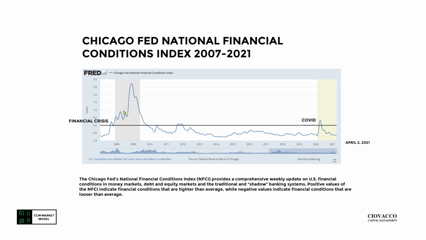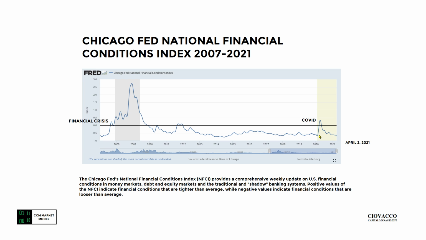This is what tightening credit conditions look like. This is increasing fear between counterparties. You're afraid somebody might not pay you back, or you're afraid that your bond might default. This is the financial crisis here where my cursor is. This is the spike in fear right here during the COVID plunge in the stock market last year.